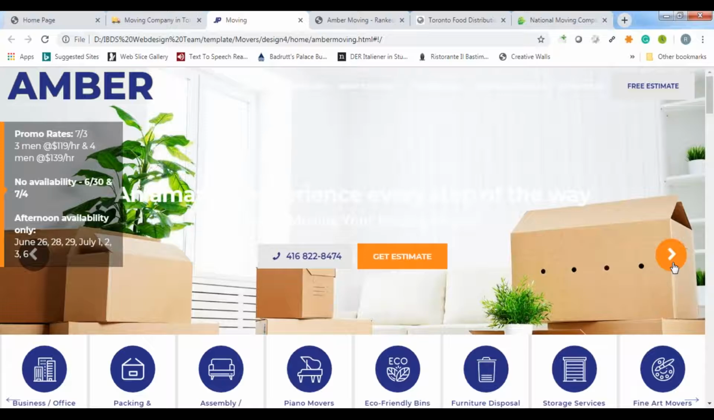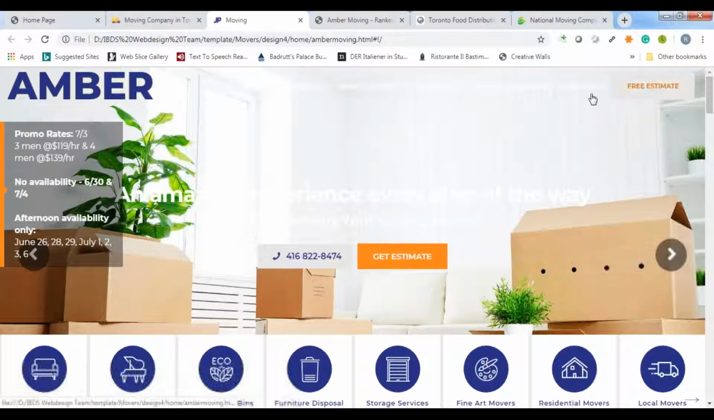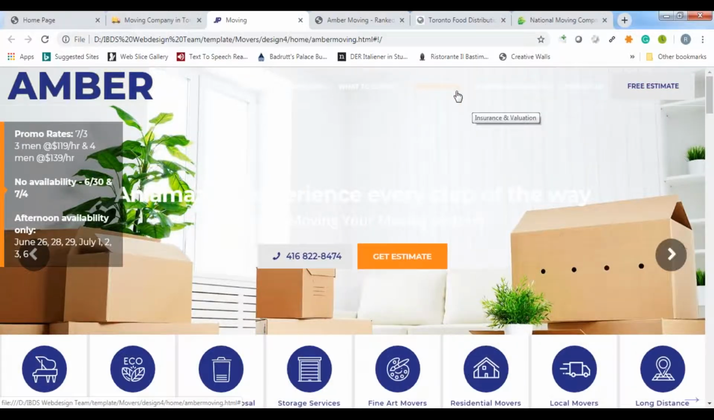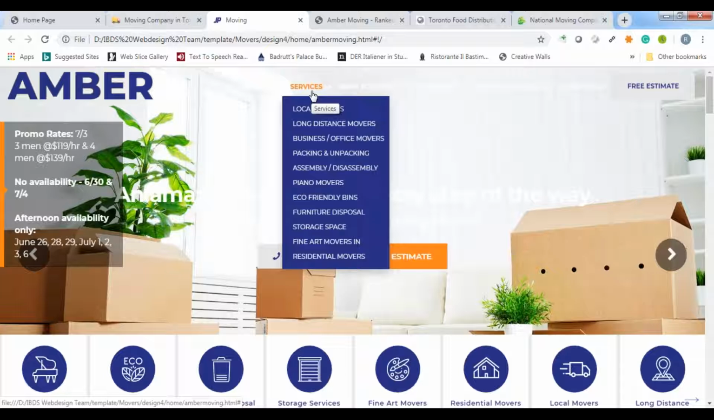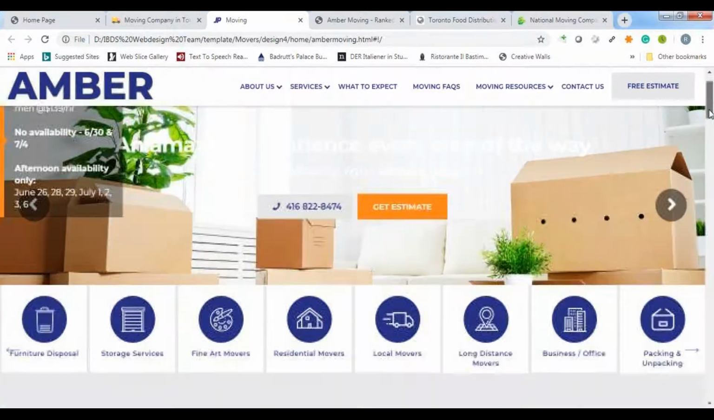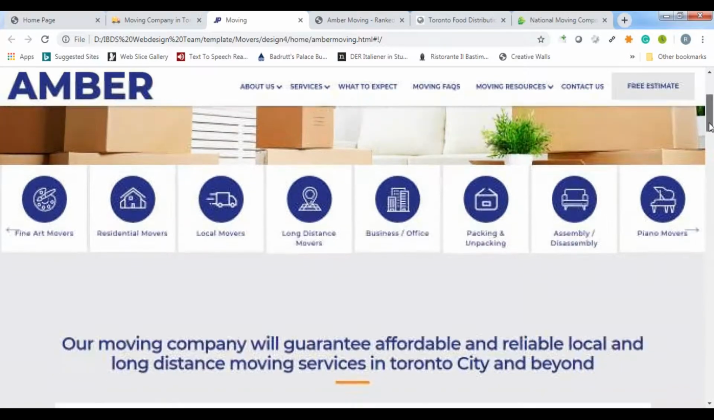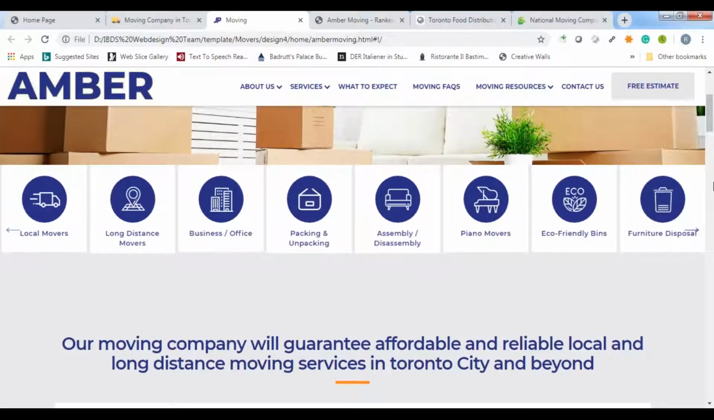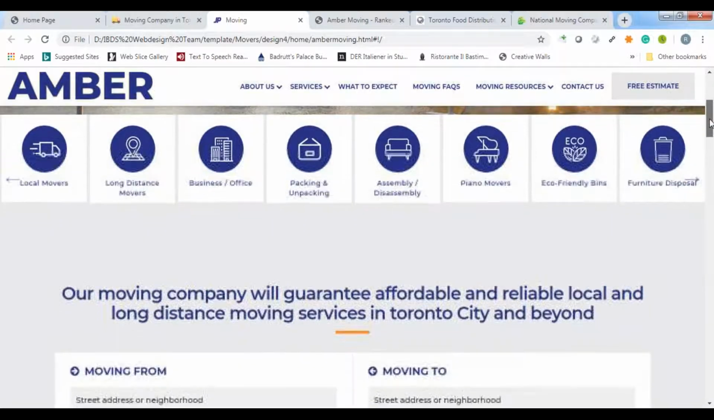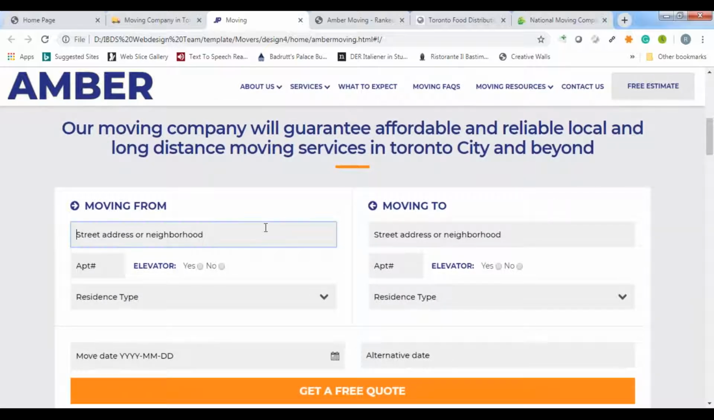Here is a second demo. It's a little different from the first one. It has more of a wider range and it's more bright. It has the tabs on top with information about the company and the service you provide. They're able to click on any of the services, and underneath has icons with the services that you provide. So it gives customers more information on how to contact you and what type of services they need and how you meet those needs. And here's a little description of the company, and here's the information that they can put